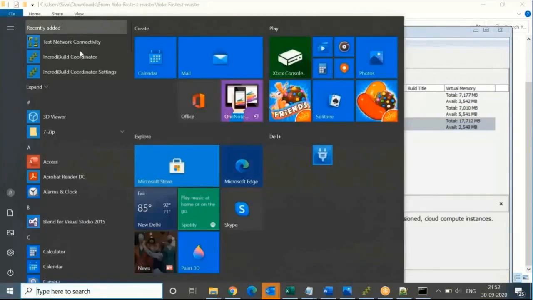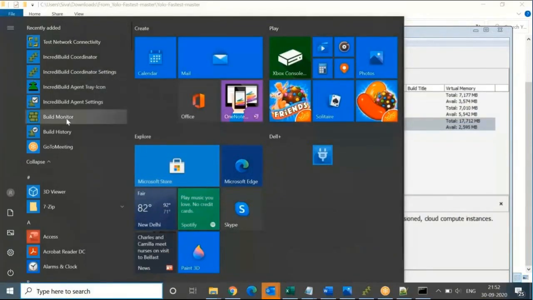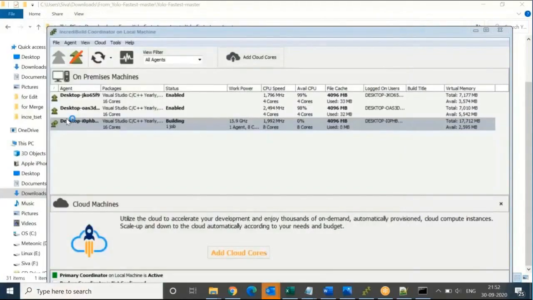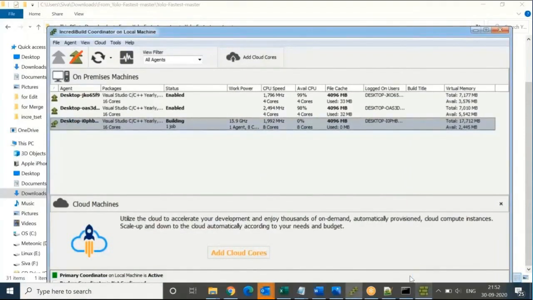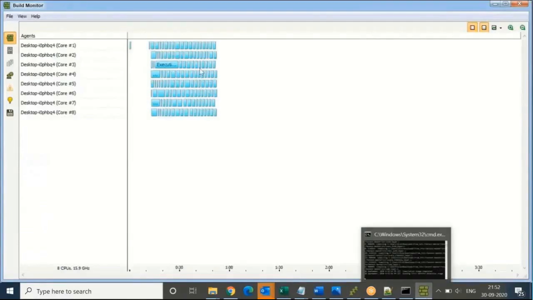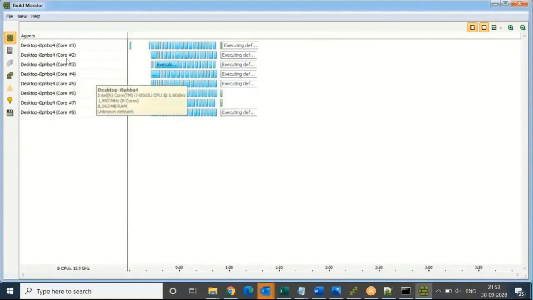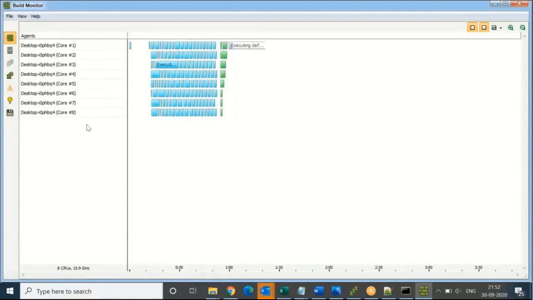Hi everyone. In this short video, we will see how using Clockwork and Incredibuild, developers can accelerate their entire build process while also running code analysis at scale. What we are seeing right now is that the Incredibuild build monitor tool allows the team to visualize in runtime the hardware resources that are allocated to the build process. In our case, we see that there are 8 cores being used on one single machine while the build is